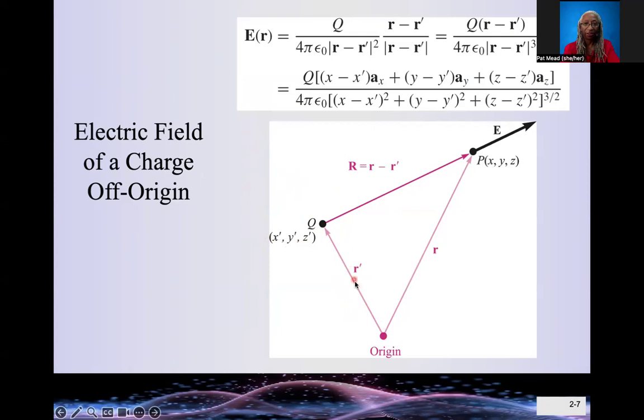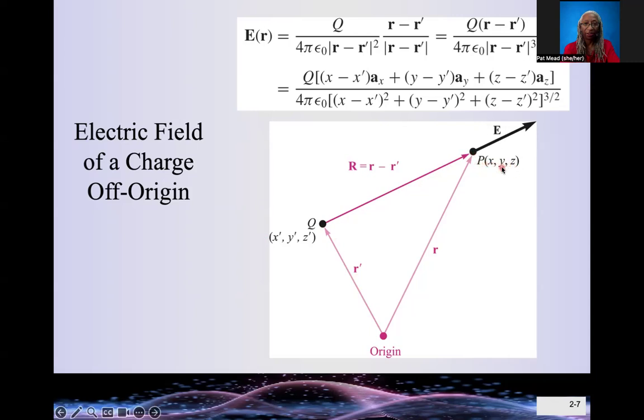We call the vector from the origin to your charged particle r prime, and it points to the location of your charged material. If you wanted to find out the electric field at some point P, which is x, y, z, then